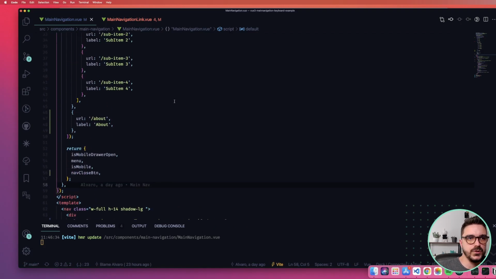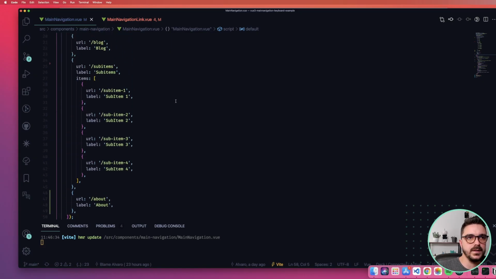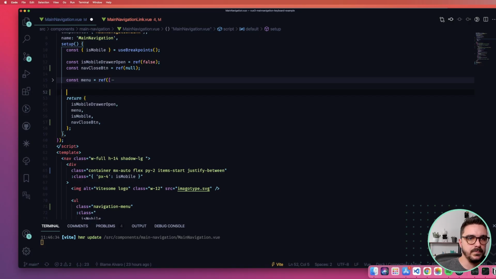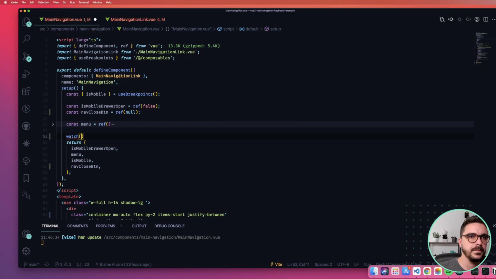So we should watch whenever we open this navigation, whenever the mobile drawer is open, right? So just below here, I'm going to use watch, which we import from Vue. So we use watch and we put whenever the mobile drawer is open.